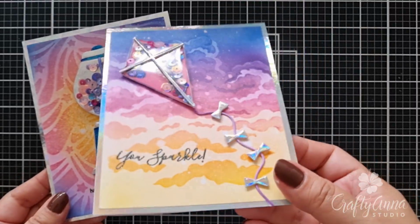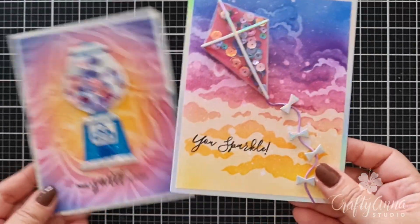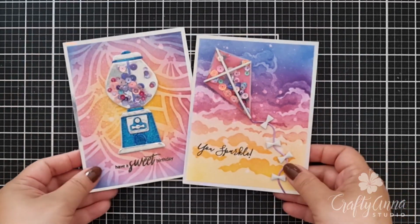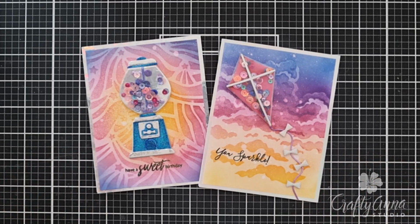In this video, I'll show you how I created these fun shaker elements using die cuts. I will be using products from the Hero Arts May 2023 release, but I encourage you to use whatever you